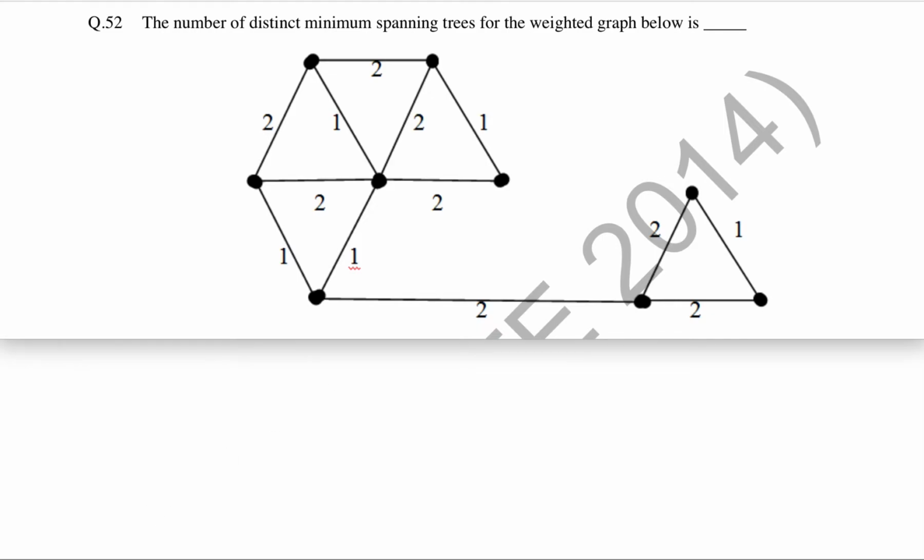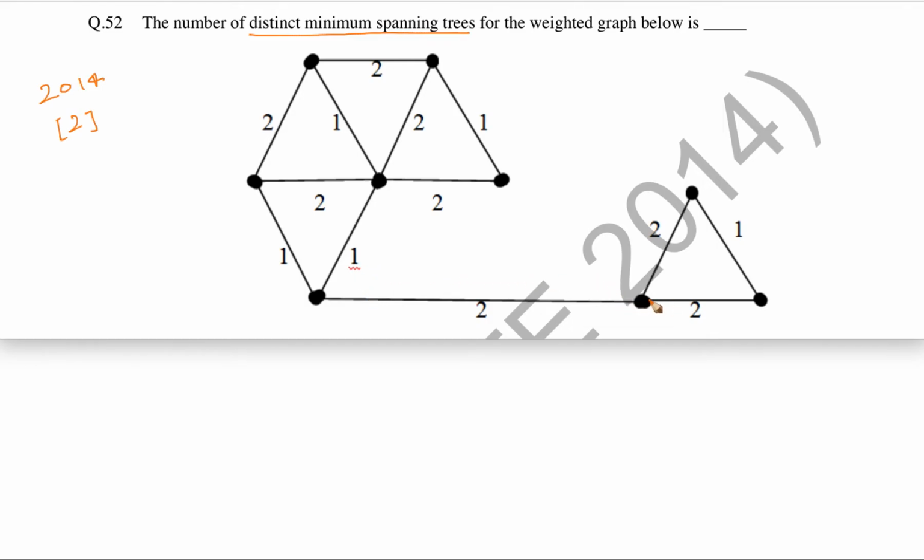Okay, now let's see this question. This question came in GATE 2014 for 2 marks. The question is, the number of distinct minimum spanning trees for the weighted graph given below is what? Okay, so they are talking about minimum spanning trees and how many distinct minimum spanning trees